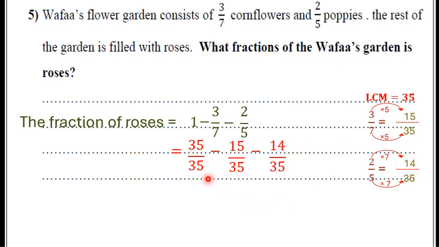Now let me start from the left. 35 minus 15 equals 20 over 35. Then minus 14 over 35. So it will be 6 over 35